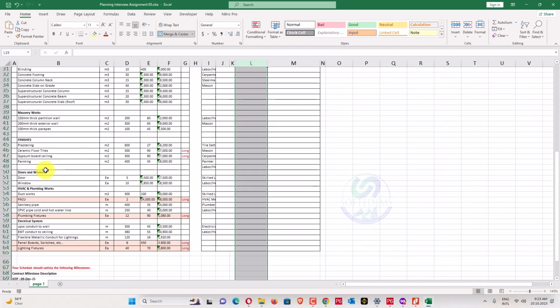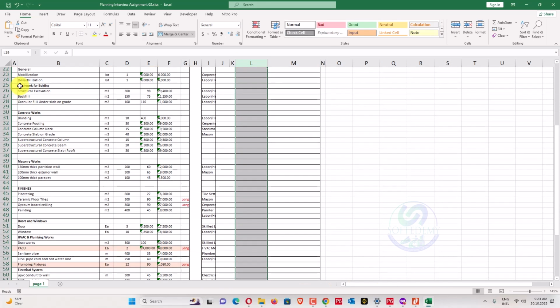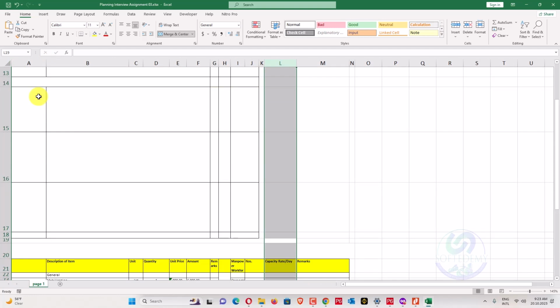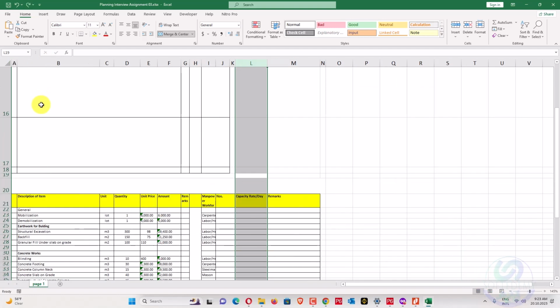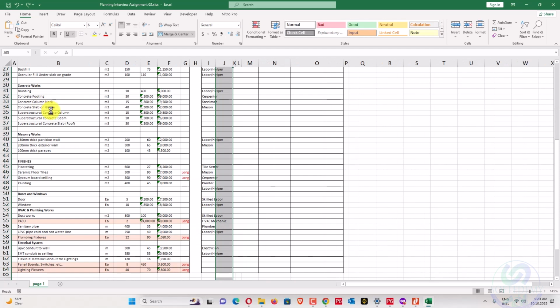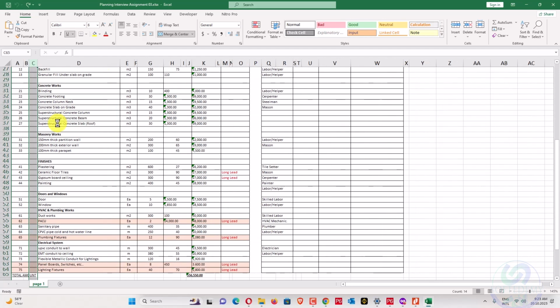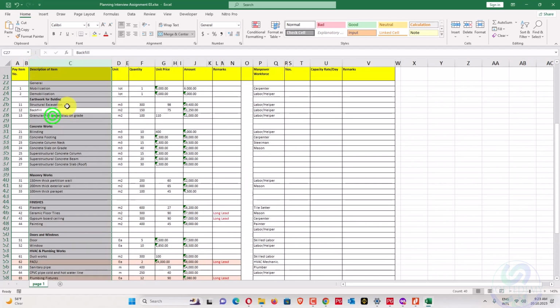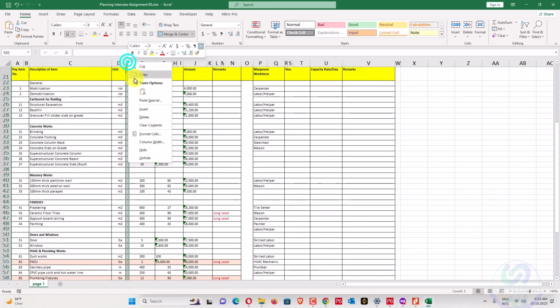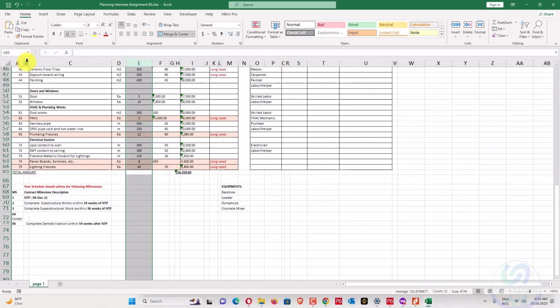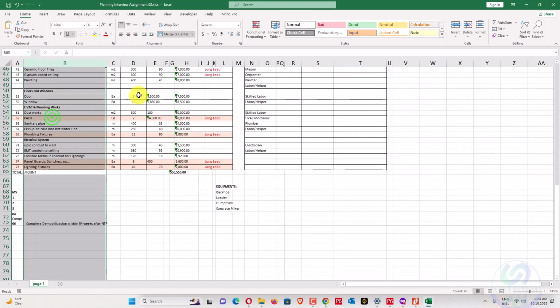I will just go here and copy that one. Where is the pay item? I think I have deleted that one. So we'll go here, Control Z. So maybe, I hope I haven't deleted that one. Okay, so this one. So before deleting this one, and now E. Okay, so I hope this will not be deleted.